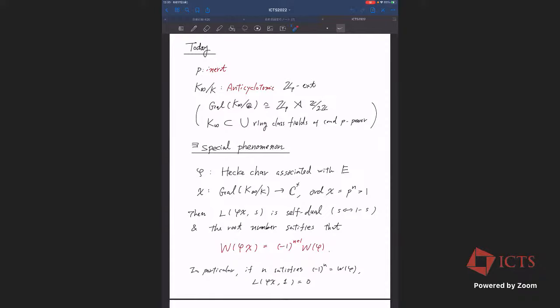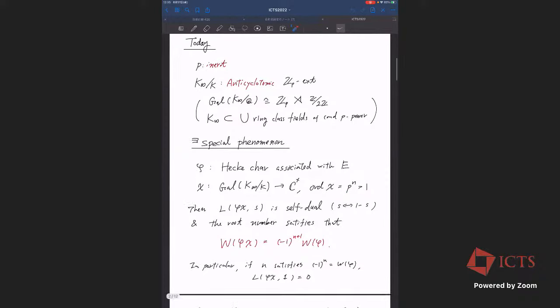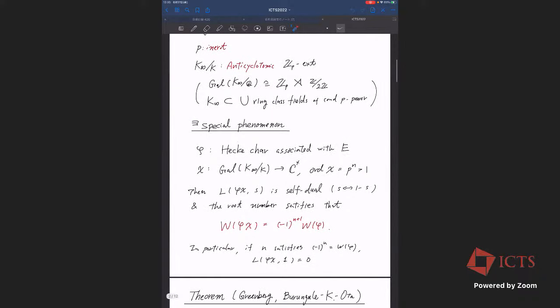I explain it now. Let phi be the Hecke character associated with E, and suppose chi is an anticyclotomic finite character of order p to the power n, non-trivial. Then